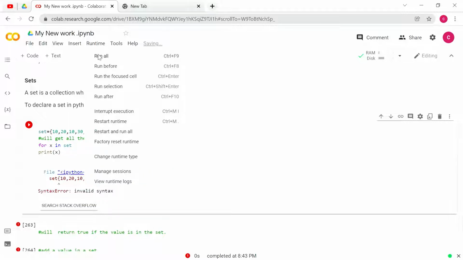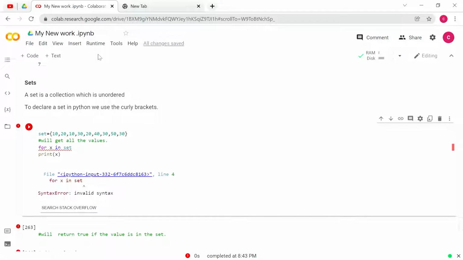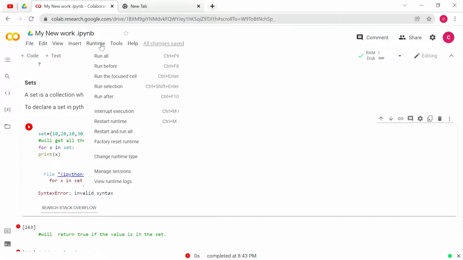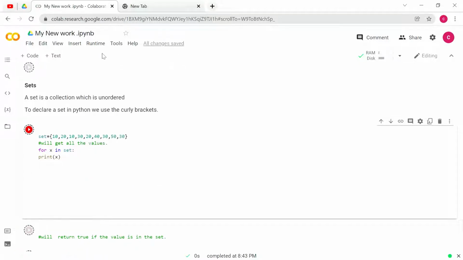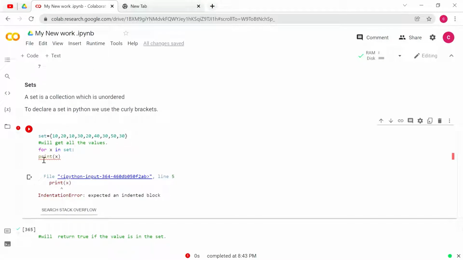Just run the code once more. Sorry, for x in set, after that we have not given a colon. Give a space before print.